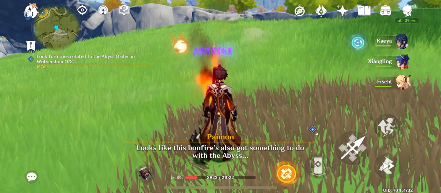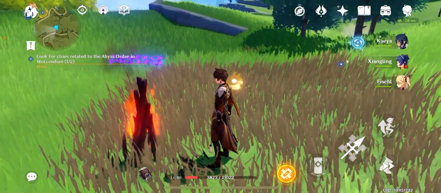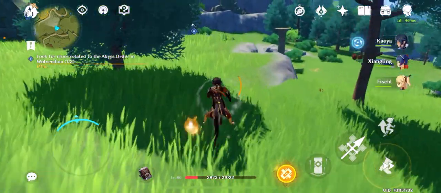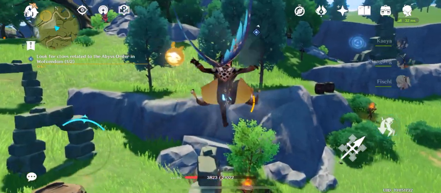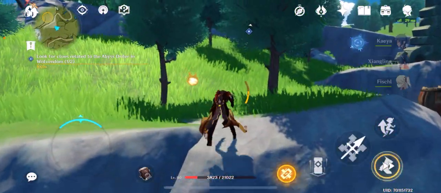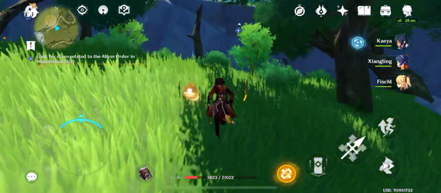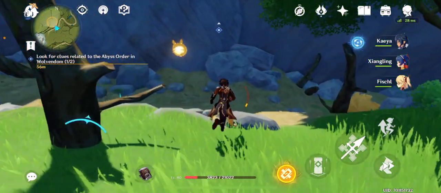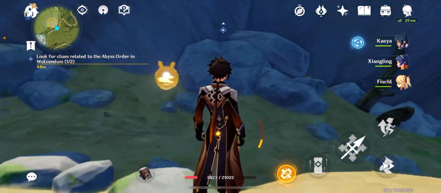So we actually have to look for... this bonfire's also got something to do with the abyss. I see. So we have to actively look for them. I thought we just go in and, you know, kill some monsters and then it automatically does it for us. But no, we actually have to do it. Fair enough. I like how this game's trying to keep us on our feet. Oh, great. I've run out of stamina. Now then. This is going to be a bit of a...